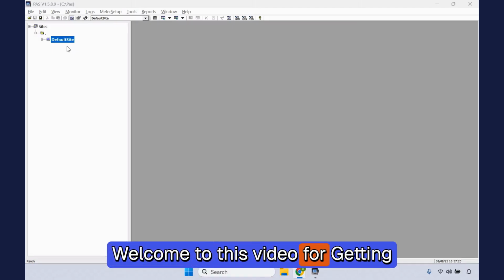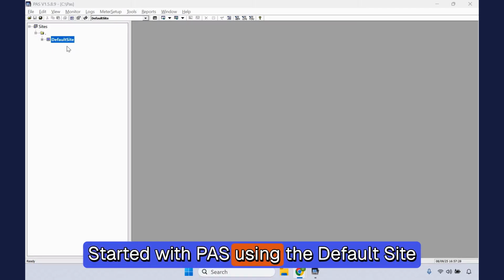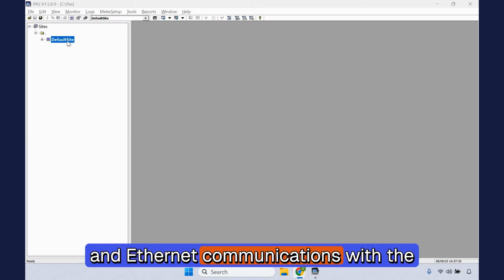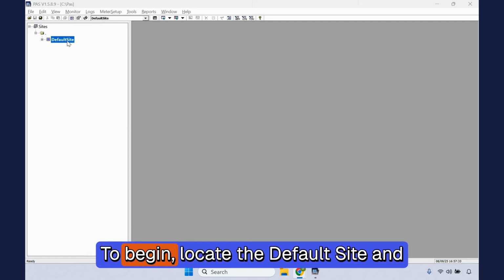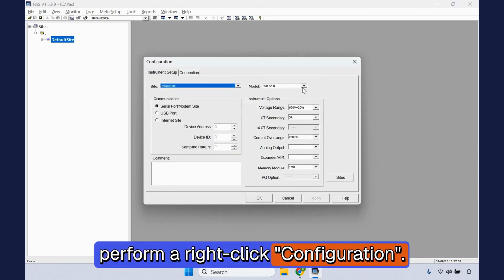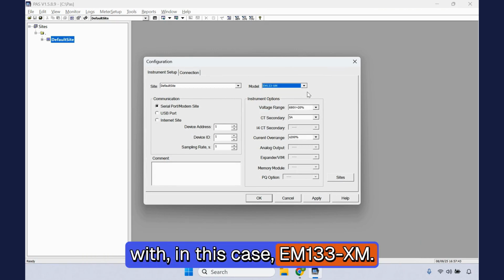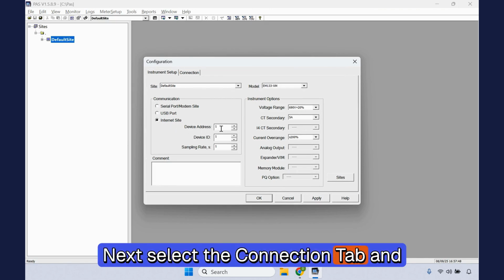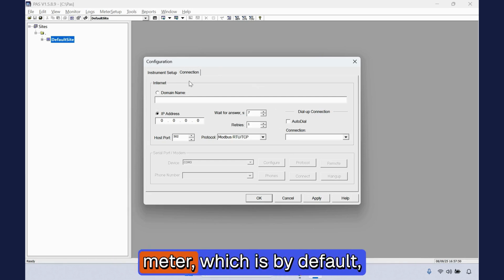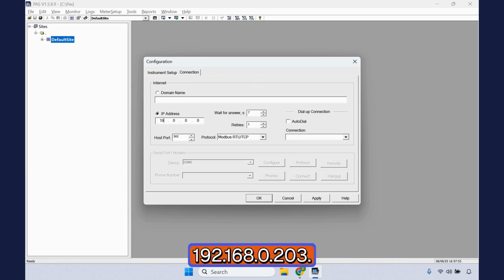Welcome to this video for getting started with PAS using the default site and Ethernet communications with the SATEC meter. To begin, locate the default site and perform a right-click configuration. Next, select the model to communicate with, in this case, EM133-XM. Next, select the Connection tab and configure the IP address of the SATEC meter, which is by default